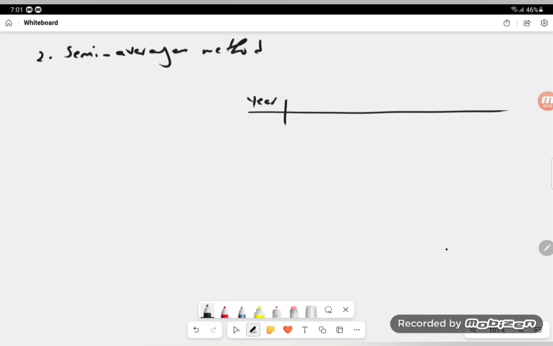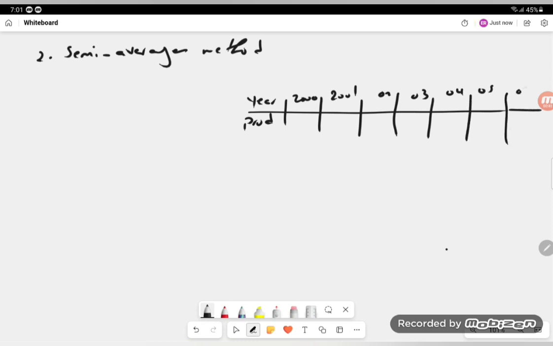This is year and the production: 2000, 2001, 2002, 2003, 2004, 2005, and finally 2006. And the production: 105, 115, 120, and 100, 110, 125, and finally 135. In case of